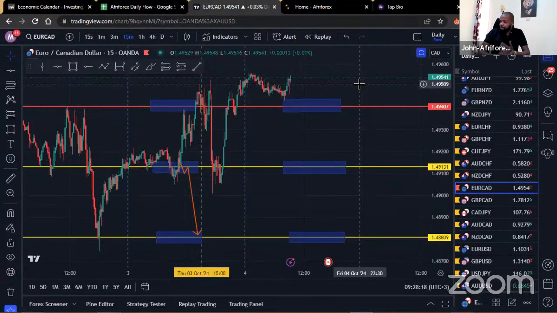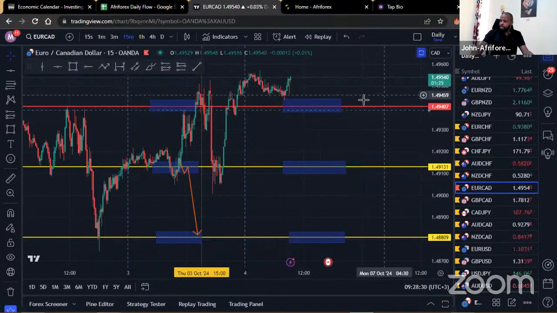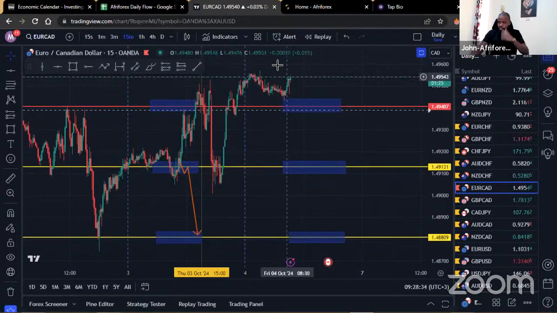So for this one, for today, we're still going to be trying to see whether we can get some sells. So hopefully you can take note of those three areas right there, more or less the same areas we did have, but we're still watching out for this region. For as long as price is holding above this region to the upside, it's not really a pair of interest for us.